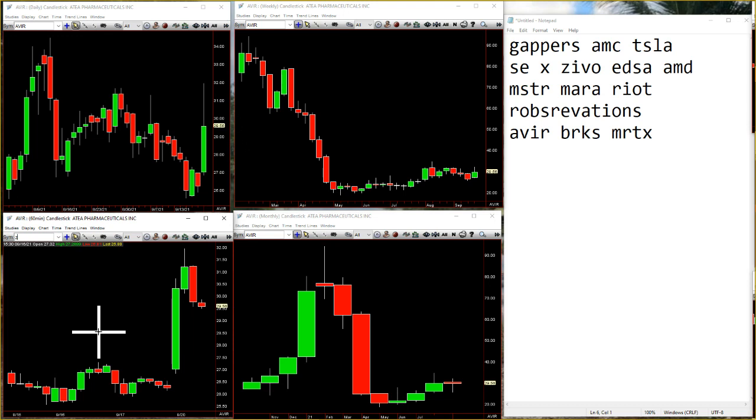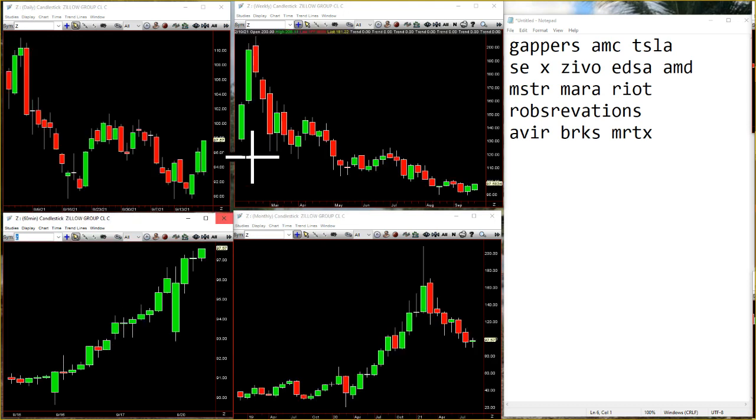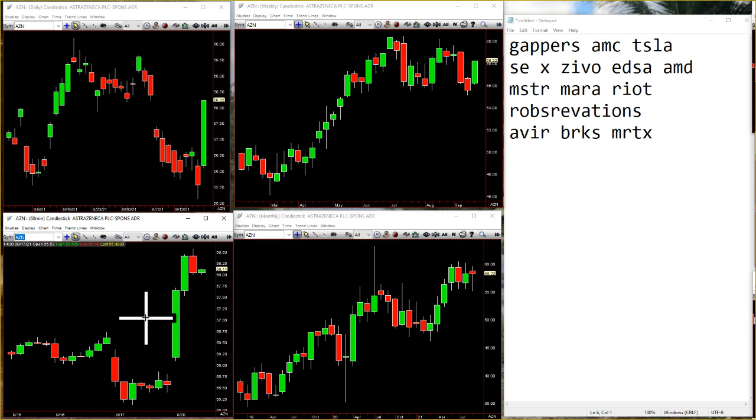What's going on here? Zilla outside day to the upside, and that's going 2-2 weak to the upside. Still an inside monther, but you can see the difference between the market and what Zilla's doing right now. If we go to AstraZeneca, AZN, and AZN had a nice morning. Here's your 2 down, 2 up week, and then 2 down, 2 up back through previous range, right? Here,